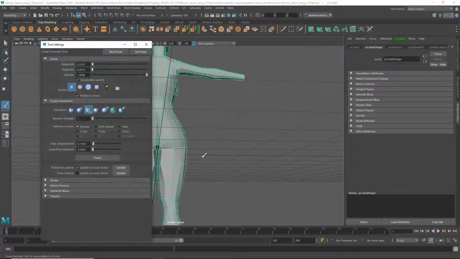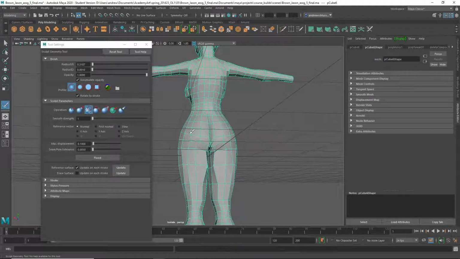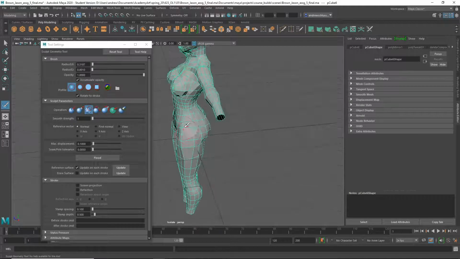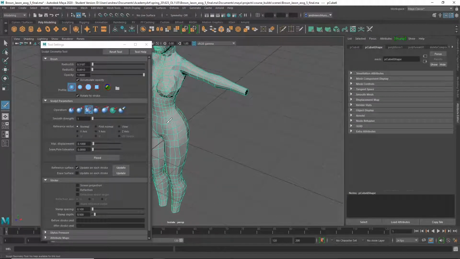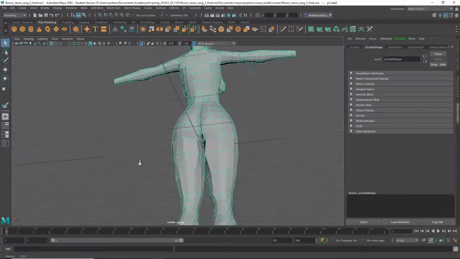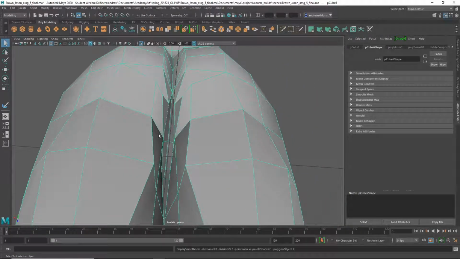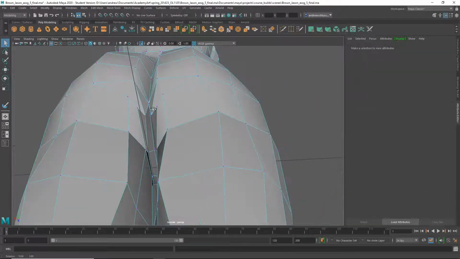Let's see if our sculpt geometry tool is, oh, it's still being funny. I don't know. It's like when I go around, like on the front, no, it keeps disappearing. And that's not happy. Okay, well, anyway. I was trying to save time, but I think you can just go in there and